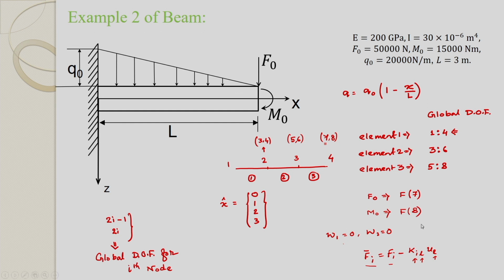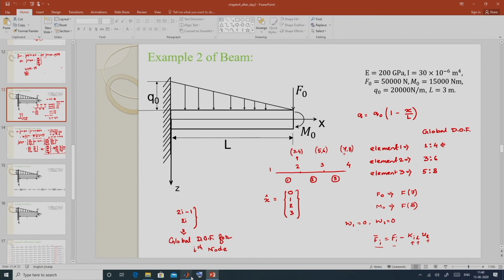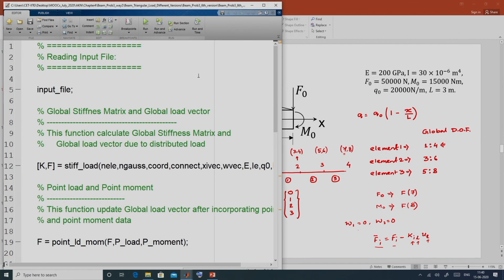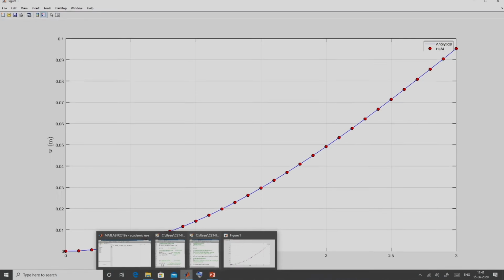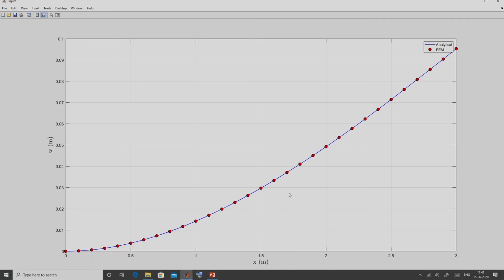We have solved this problem using 3 elements as discussed. If we run the MATLAB program, you can see that the FEM result, denoted by these red circles, is perfectly matching with the analytical result.